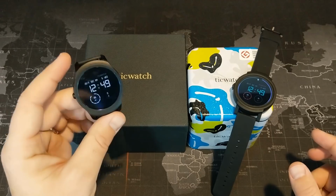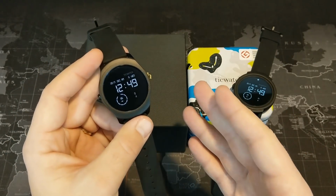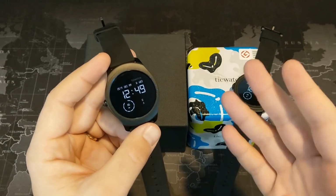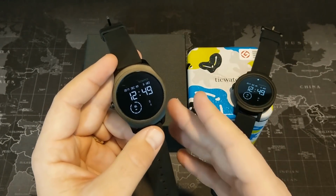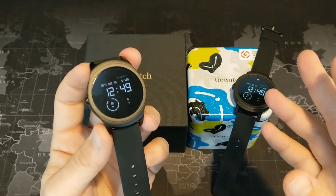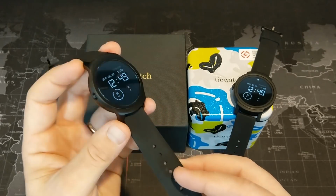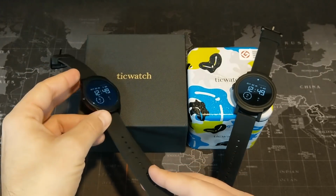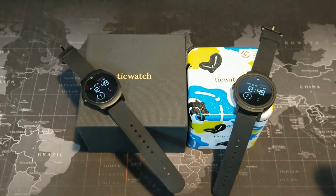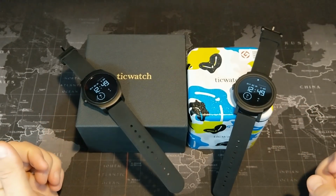Whereas with the Ticwatch 2, it's really great when I'm running on a straight route or a route that doesn't have a whole lot of trees and things like that. But as soon as you get into a real curvy route, or if you're running into thick woods or whatever, you will definitely run into some trouble with the Ticwatch 2 in terms of GPS tracking. So if really accurate GPS tracking is important to you, I would say you probably want to go with the